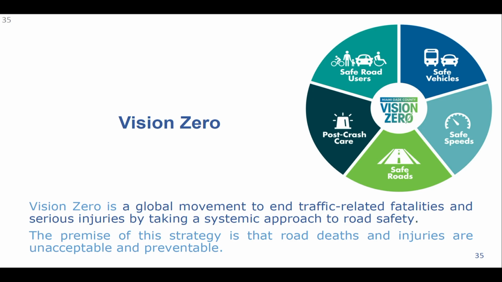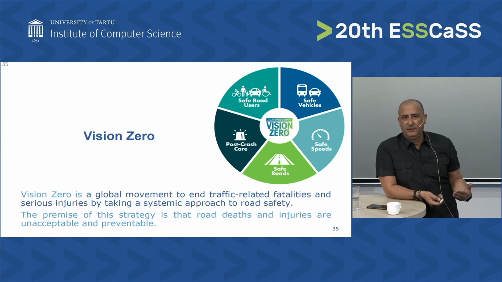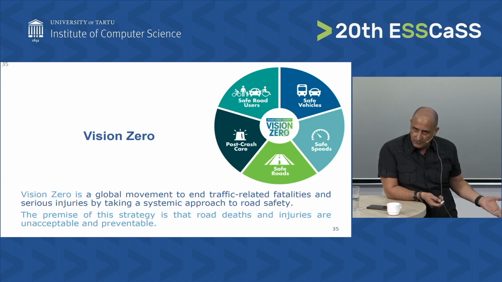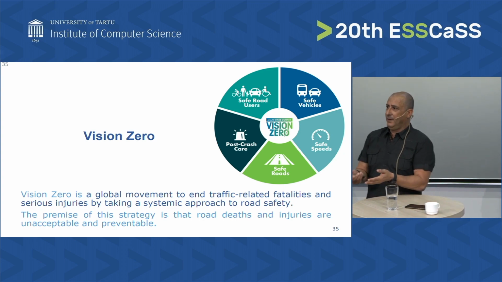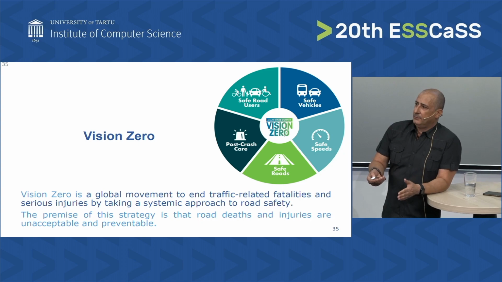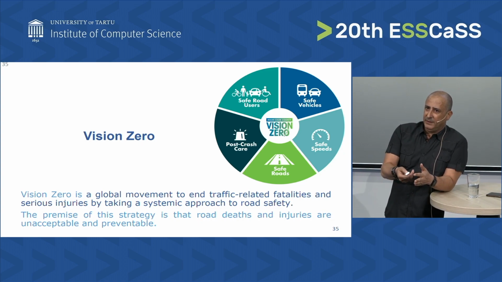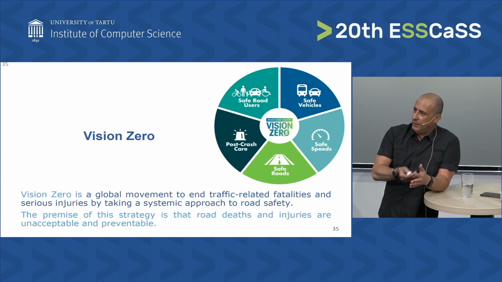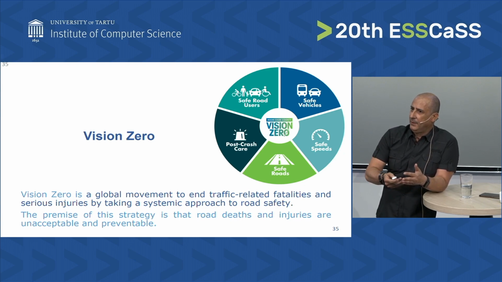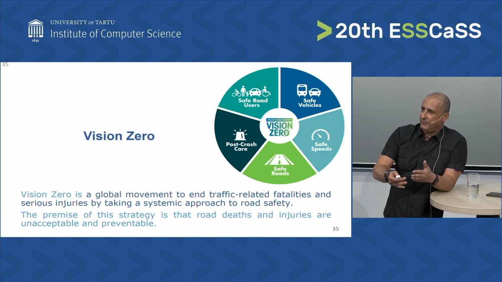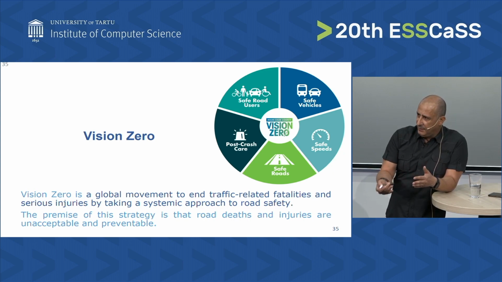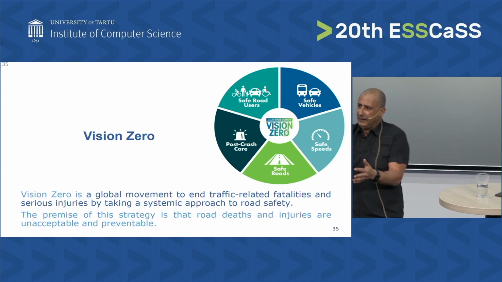What is this Vision Zero when it comes to road safety? The Vision Zero goal is, by 2050, zero deaths on the road. I beg your patience, I will explain the connection between what we have been explaining, travel time estimation, traffic light management, and how it is connected to road safety.